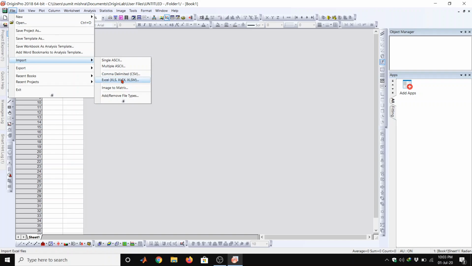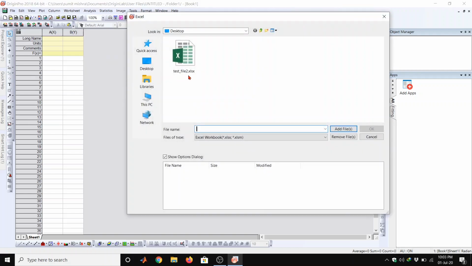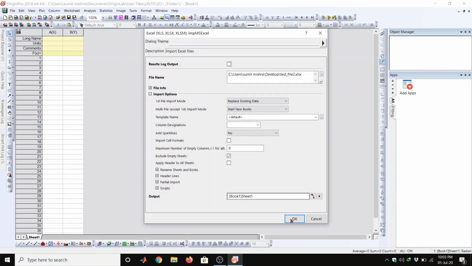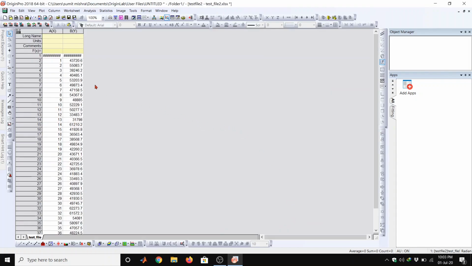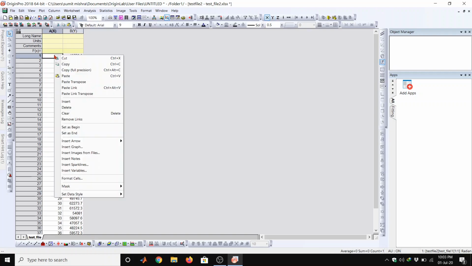Now I am going to import Excel file. So this is Excel XLSX file. Add file here. OK. Delete that rows because it contains the text.